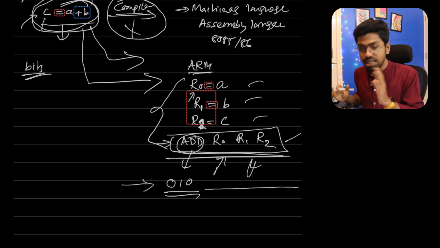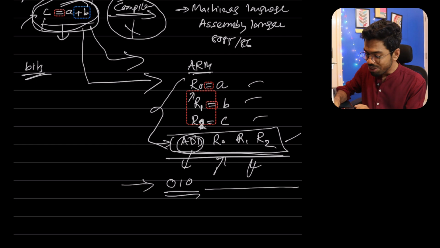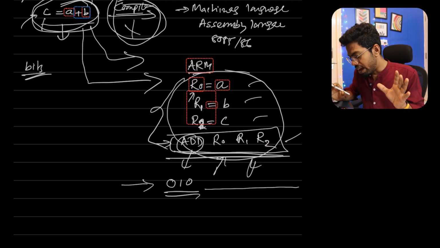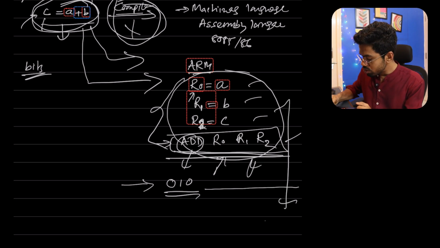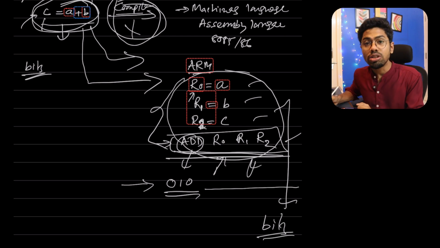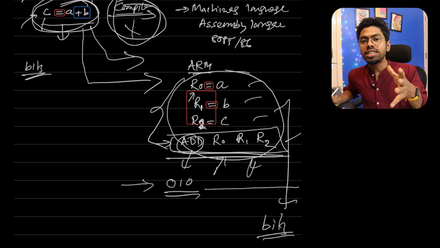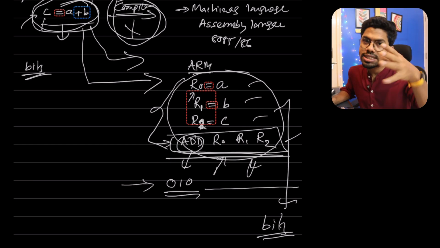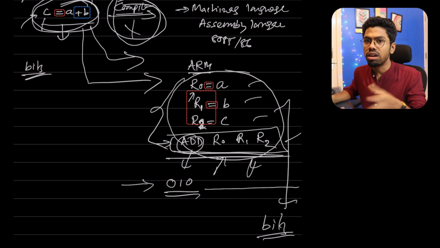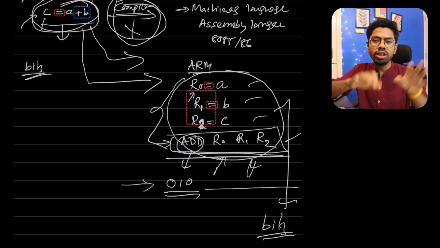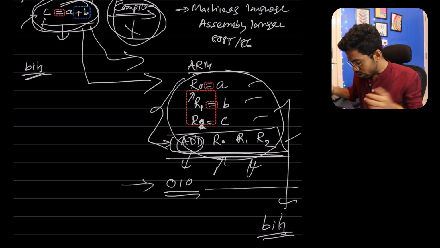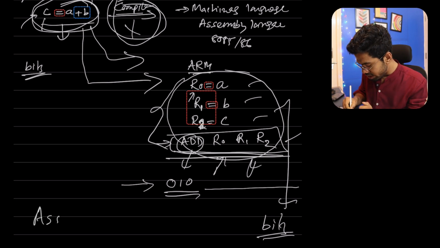Our task in this course is that we are not going to design a compiler, it's a huge thing. We will take any ARM assembly language and try to convert that assembly language into bits. How will we convert it? Using hardware implementations, and we will write the hardware in Verilog, because in Verilog it's very easy to design hardware. Once the Verilog implementation of the hardware is there, then there is the RTL to GDS flow. RTL to GDS means from the RTL code we get the layout, send it to the foundry, and the processor is in our hand. It's easy to go. So that is our task, how to convert any assembly language